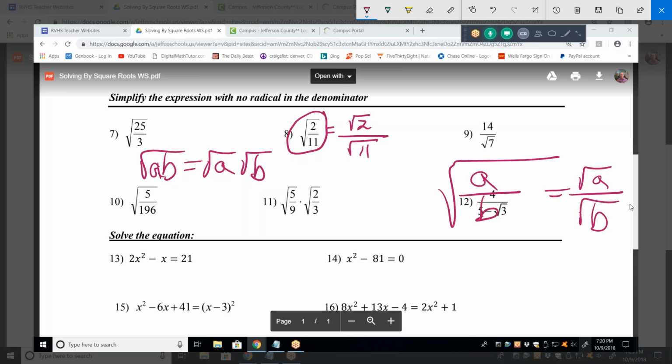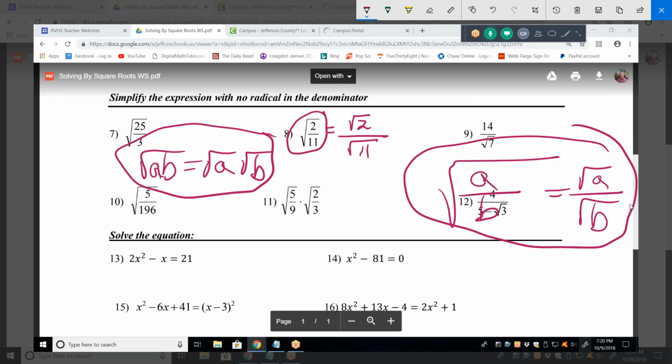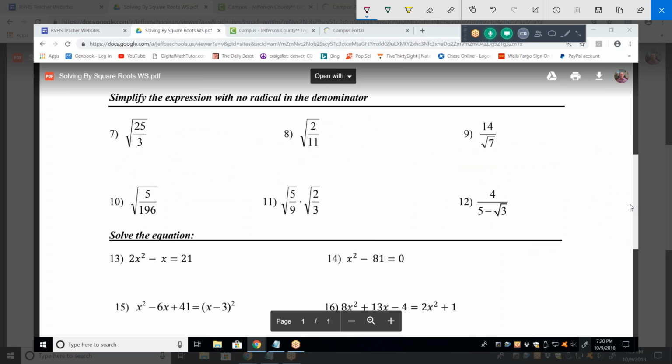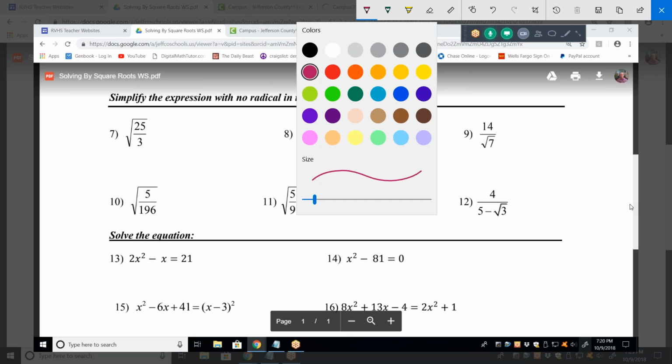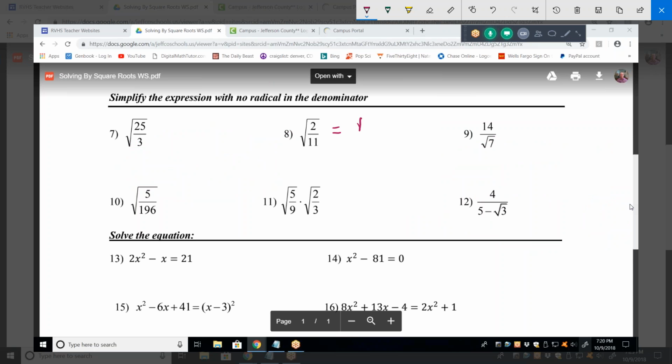These rules are very important. You're going to need both of them. Know that you can always do that. So that again is square root of 2 over square root of 11. Now, I can't simplify either one of those. However, I have to get rid of that irrational denominator. That's not okay. So multiply both of them by the square root of 11. What's that give you? Square root of 22 over